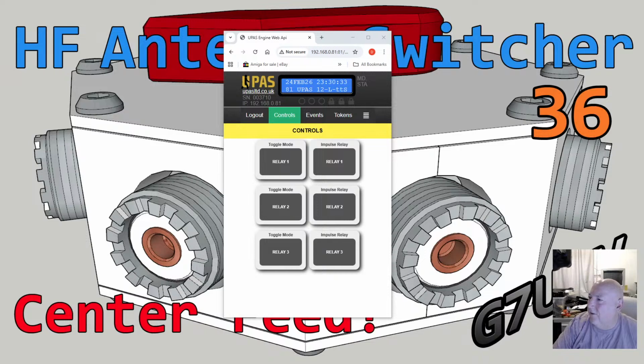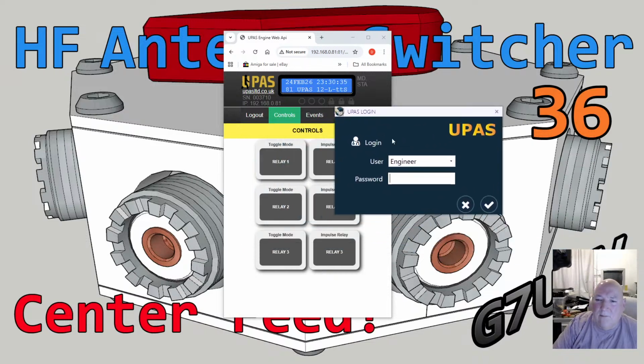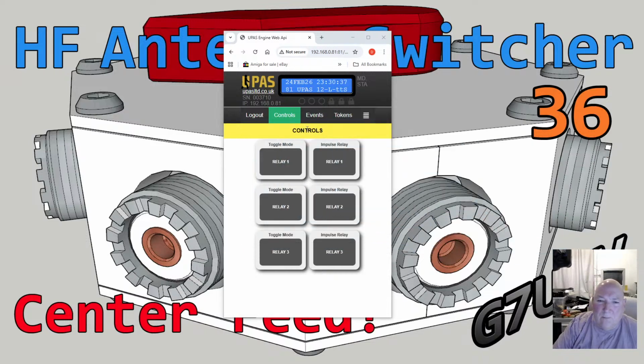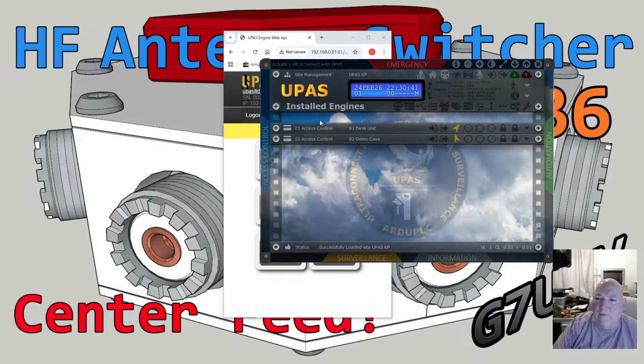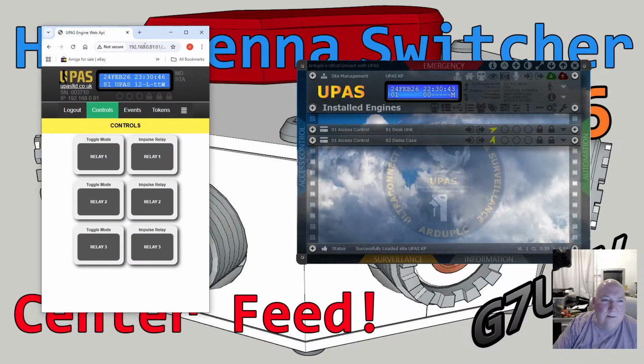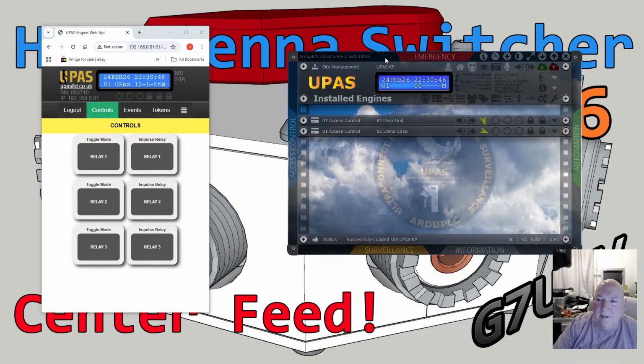Can't see it on the other screen. So we've got some main software, if you're working with more than one unit. I've got my main software, which is a software front end to each device. So you can have multiple devices and you could control them, but that's just another way of doing it.